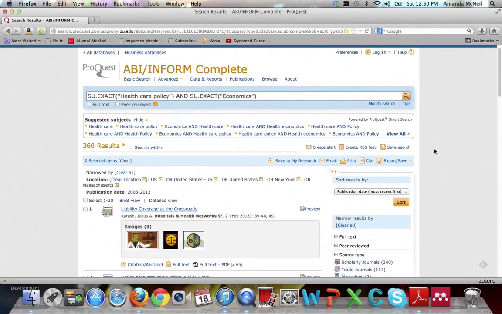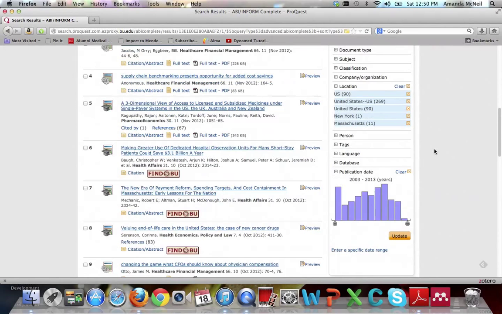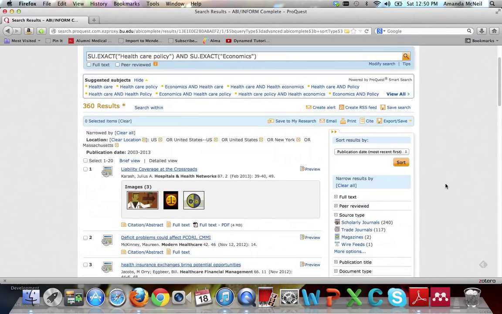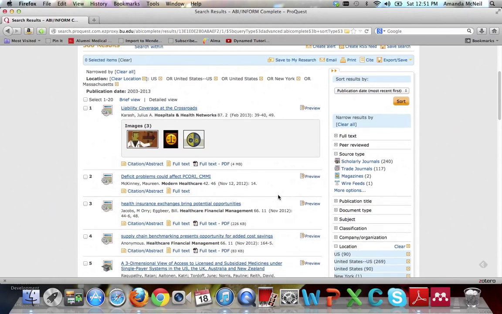And you can see now we're down to 360 results. And if you scroll down again to this bar, this is just interesting. You can see that it shows how many records were entered in each year, so you can see the trends of popularity. And just like in PubMed, when you find an article that you think looks really good,